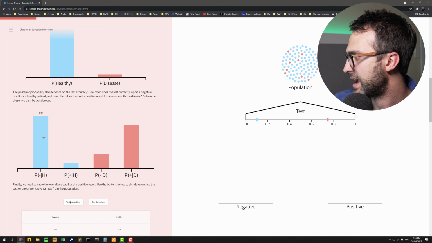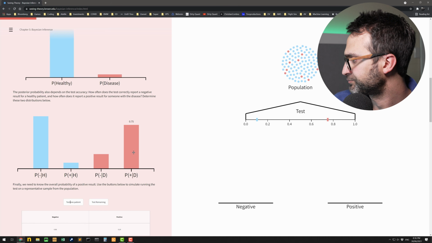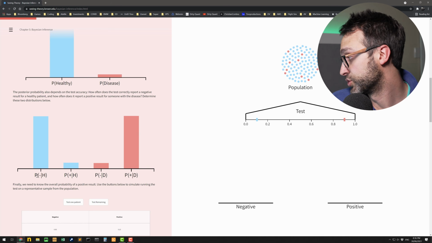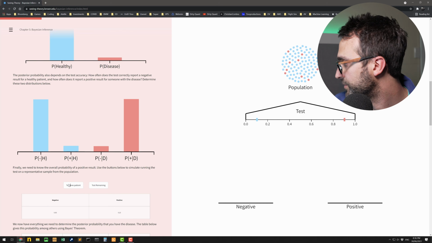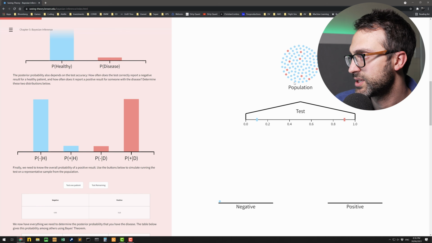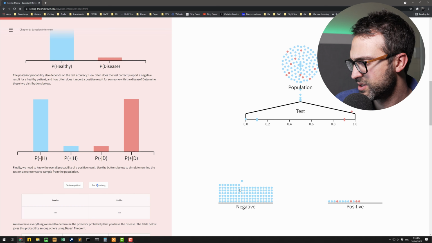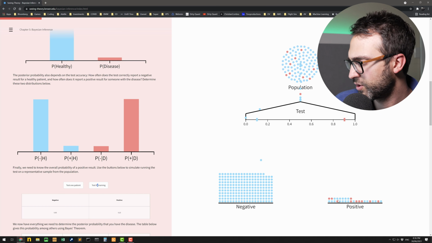And then obviously we can play around with our test results. So we want our test to be very accurate, and we care about these two. That's what makes a good test, these two numbers being high, right? So if we test the patient, he was blue, he doesn't have the disease, ideally, in 90% of the cases, he should come out with the correct result. If I test the whole population, these are my negatives, these are my positives.